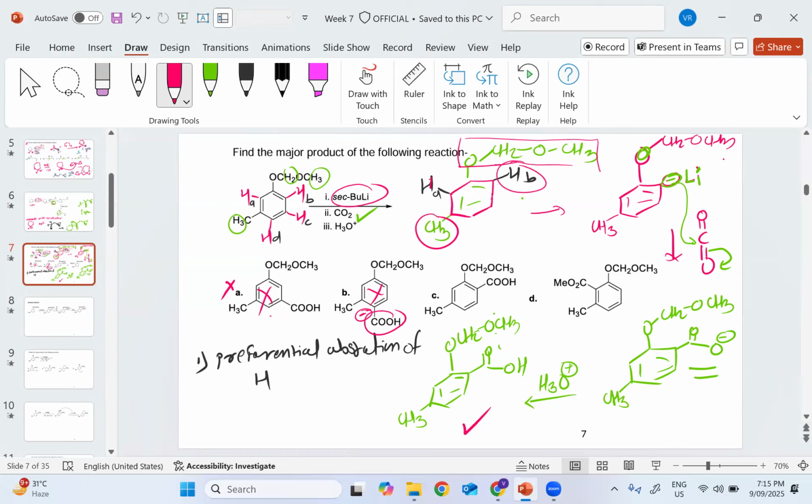Again, this one is the correct product that we got, and the last one is option D, which has given the correct product by the hydrogen. But if you look at